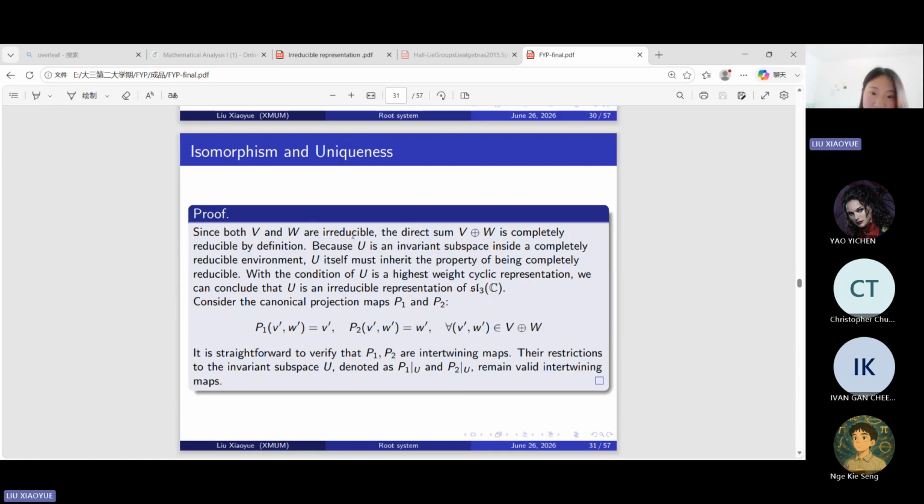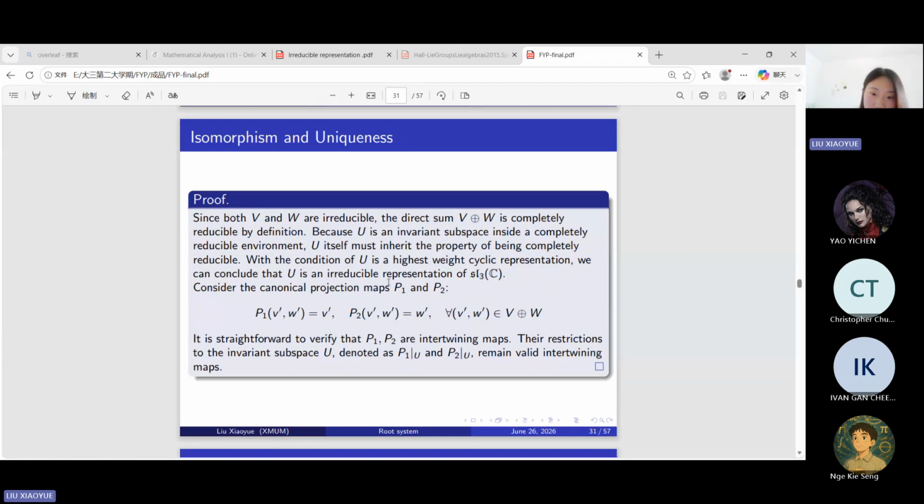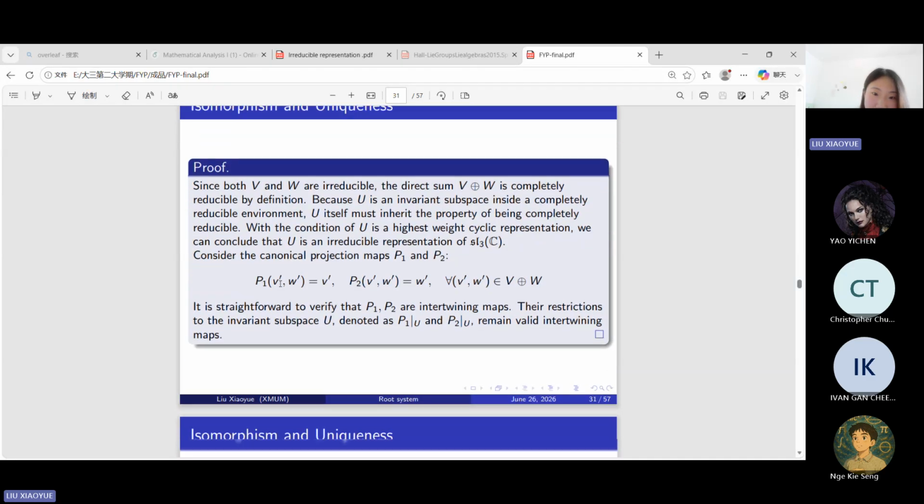Since both V and W are irreducible, the direct sum of them is completely reducible. Because U is an invariant subspace inside a completely reducible representation, it must also be completely reducible. With the condition that U is a highest weight cyclic representation, we can conclude that U is an irreducible representation. And then we consider